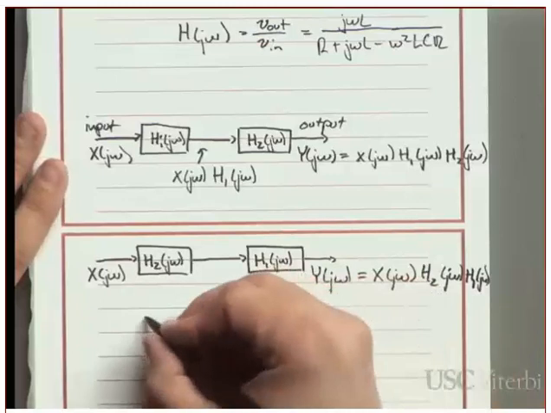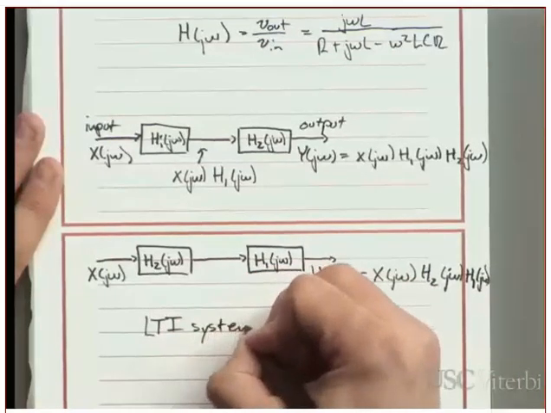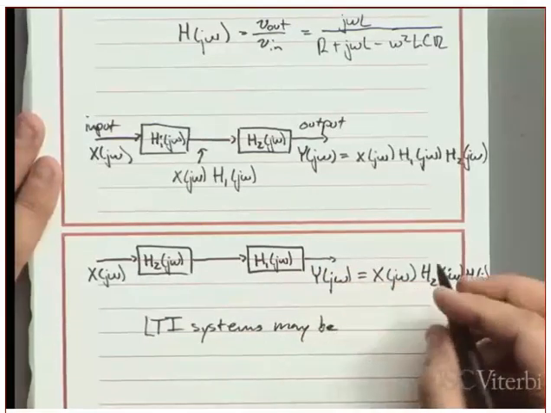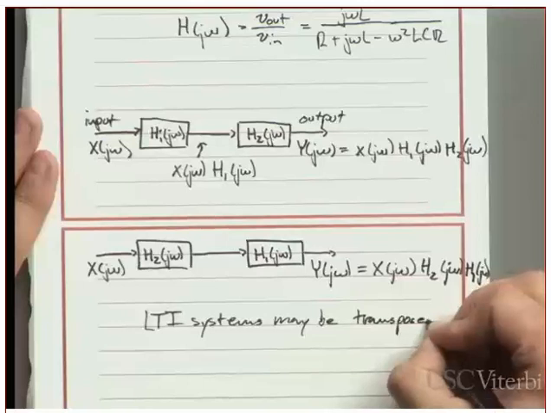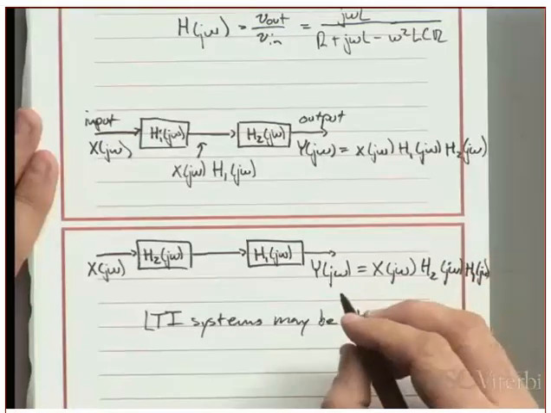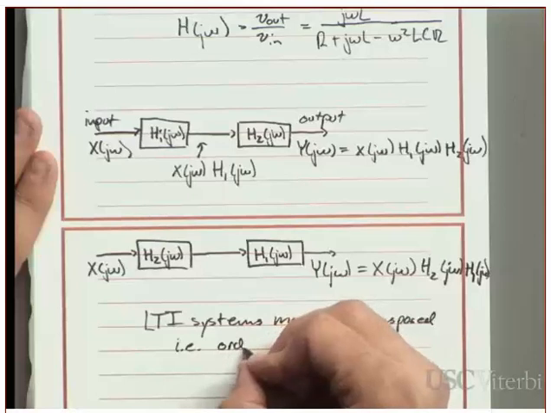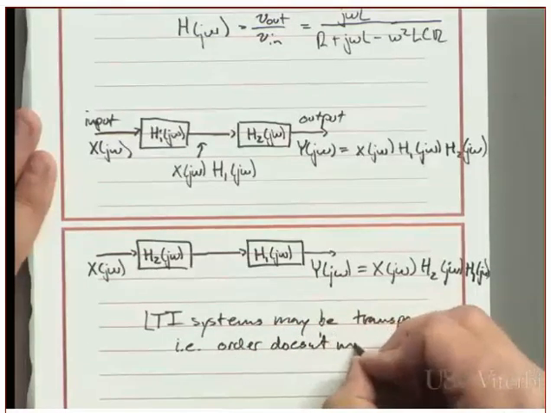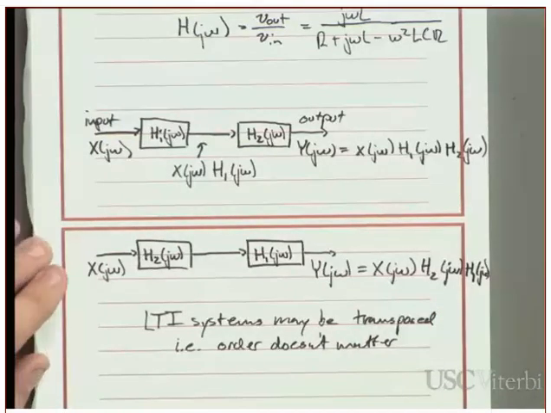And then to write that out, LTI systems may be transposed; order doesn't matter. Now, when we're working with radio systems and anything that has a mixer or anything like that in there,